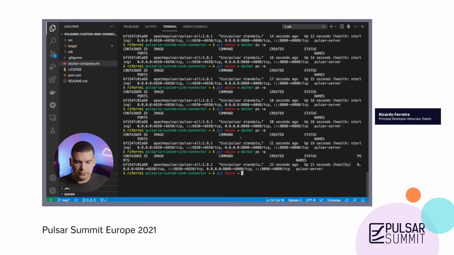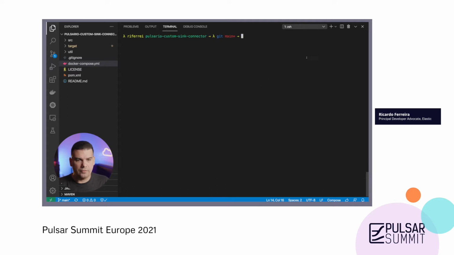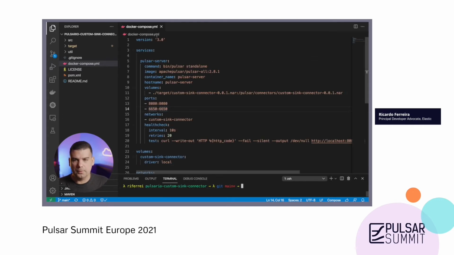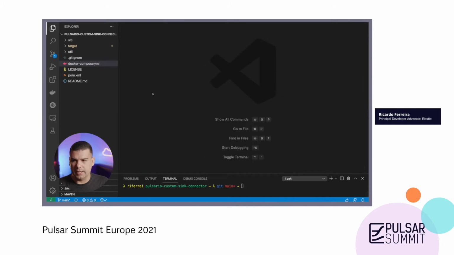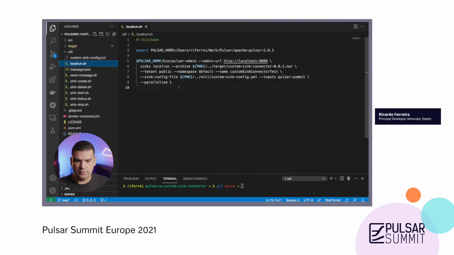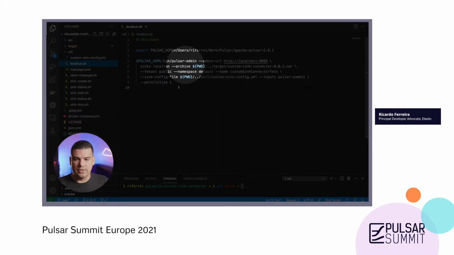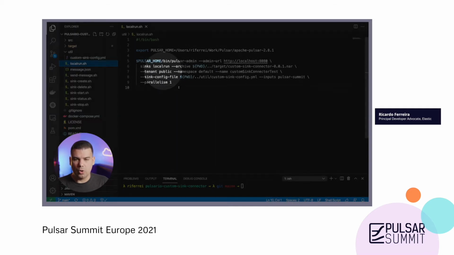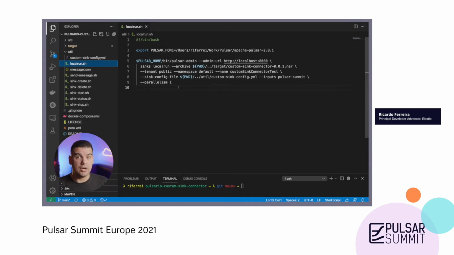So now that we have a Pulsar server and the copy of the connector to work with, let's do a first test. That's what you're probably going to do before anything. Like you want to check the behavior of the code. So here on this folder, you're going to see that there's a script called localrun.sh. What this script does is use the Pulsar admin CLI with the sub-option called localrun to spin up a Java thread that will execute the code of the connector.